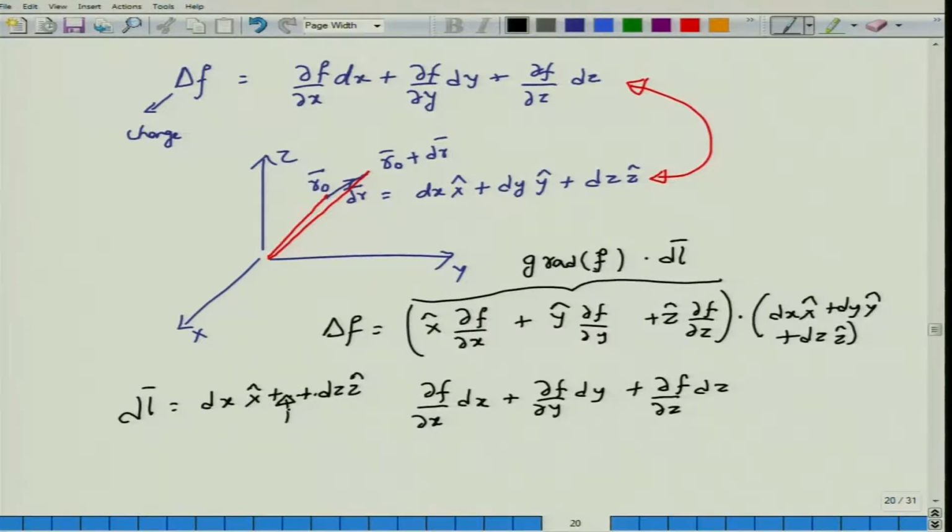So, what you have seen is that if I pick up any direction, as long as the direction is reasonably small, then the change in the function, so I know the function value here at some position r0 and along this particular line, so let me draw that one in a red color. So, along this line element, the corresponding value of the function f of r0 plus dl, dl being the line element, I can obtain if I know the corresponding value of the gradient.